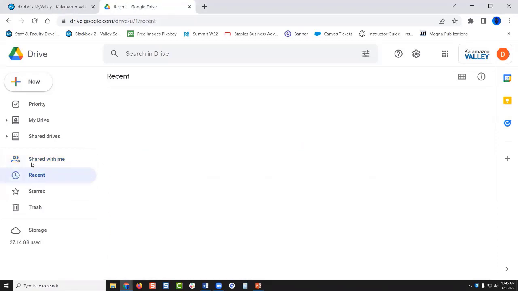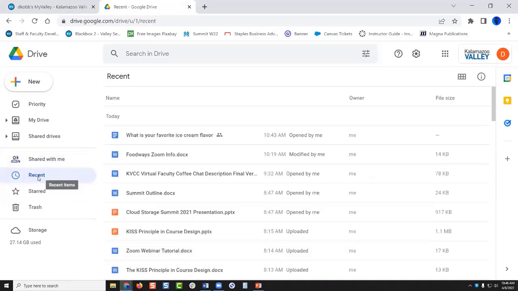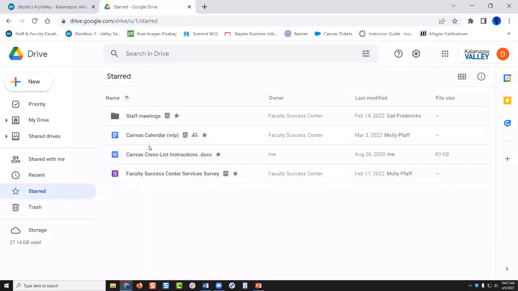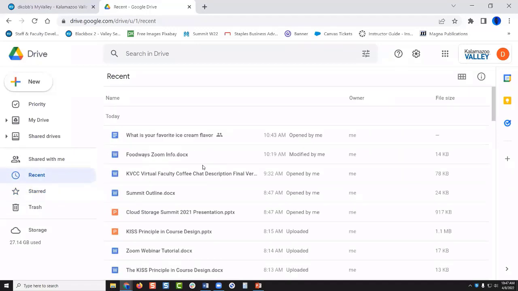Over on the left, we have recent below the shared with me. Recent just shows the most recent documents that you've opened. It's another way to more quickly reach a document if you've opened it recently, kind of like the starred, except the starred doesn't matter if it's recent or not. It's going to be there, whether it's, here's one that I starred from August in 2020. But it's still there because it was starred. Whereas recent, only the most recent.